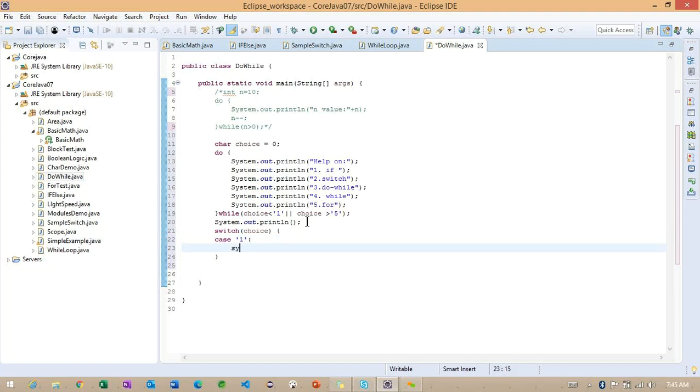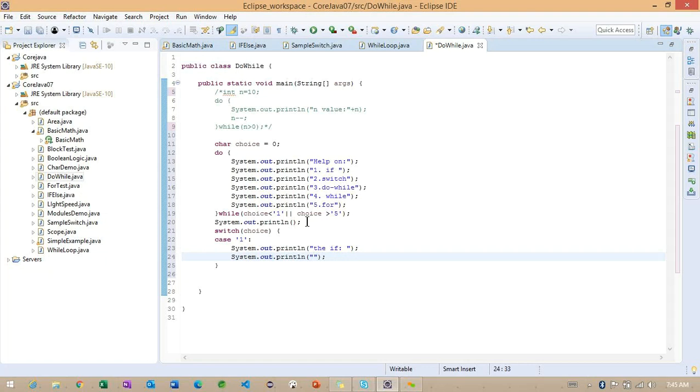Here, it is an if condition. So simple, I want to specify the messages here. I don't want to specify 1, 2.